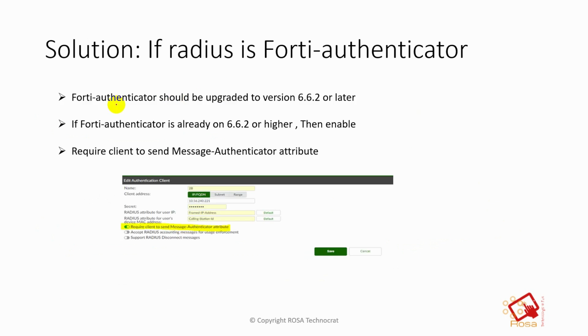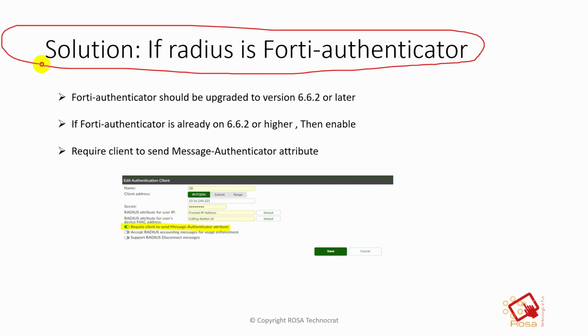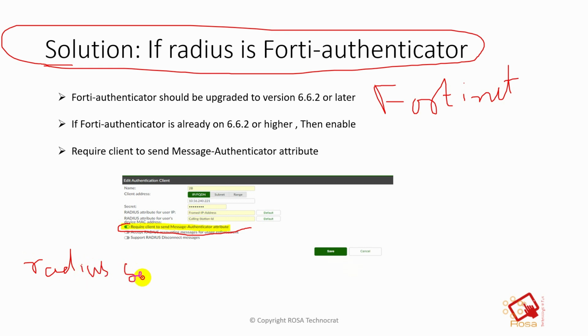For example, if the radius server is a FortiAuthenticator, which is from Fortinet, as you already know, like all Forti products are from Fortinet. So if your radius server is a FortiAuthenticator radius server, then you have to enable this option under the radius client. So when you go under radius service,